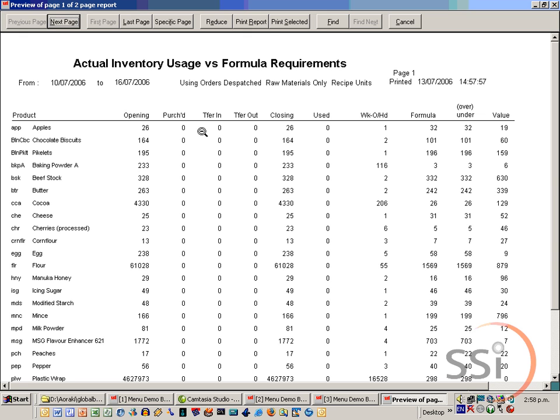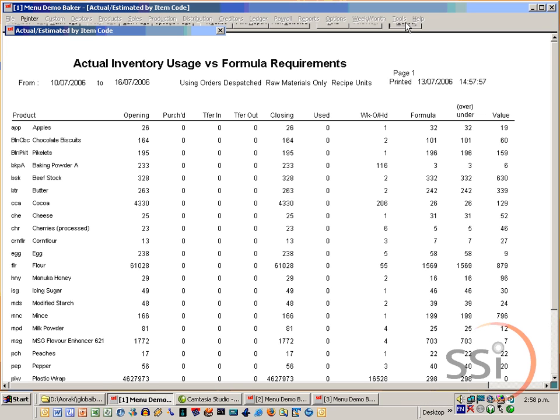We've got our opening stock, what we purchased, what was transferred in or out, and our closing stock, and what we actually drew out for production, how many weeks we've got on hand, and what our formula says we should have drawn based on what we made, and then we have our over and under value from the formula to what was used and what the value of that is, so that we can actually start to see whether we have a leakage of a product, whether our recipes are reasonable, whether our estimates of losses are reasonable, and that sort of thing. We can actually take this report one step further,